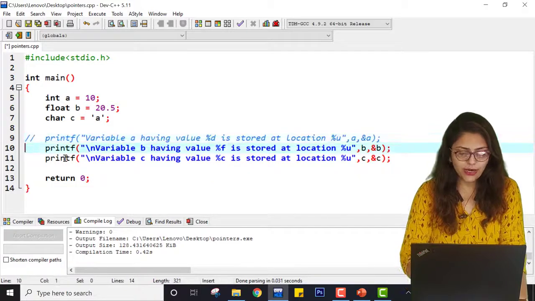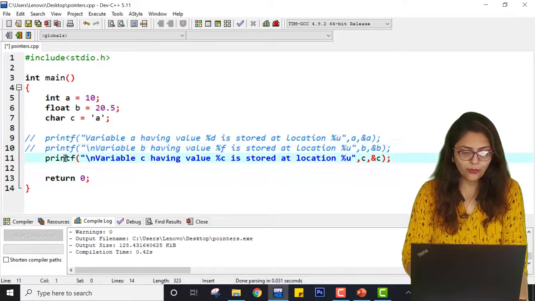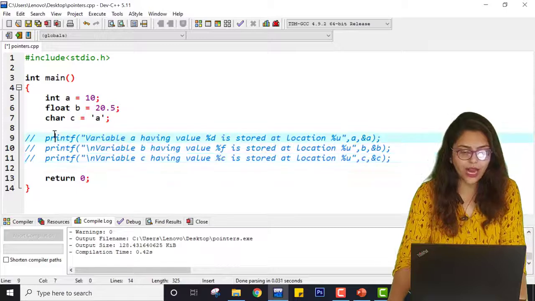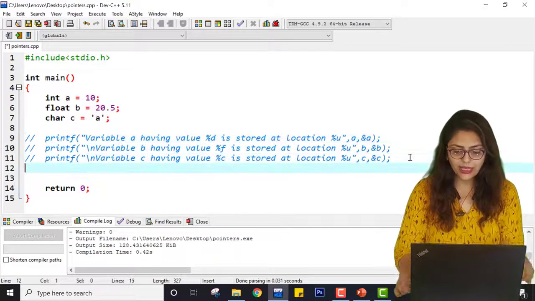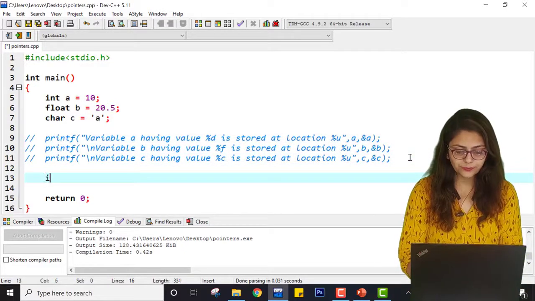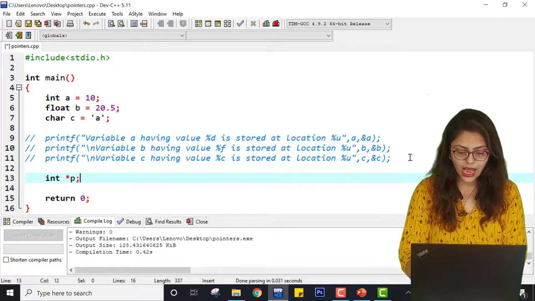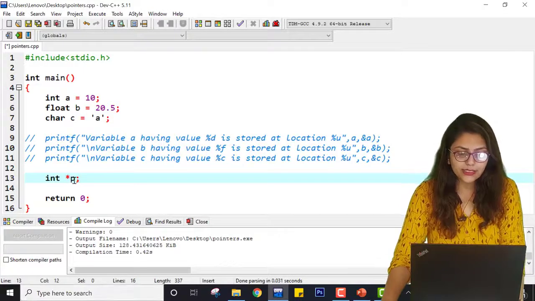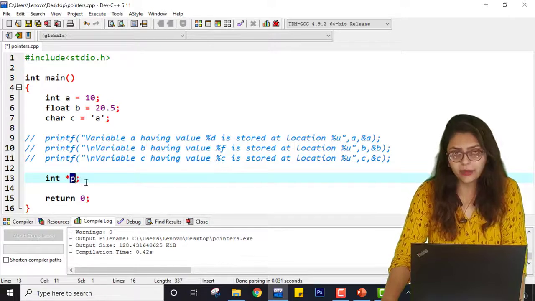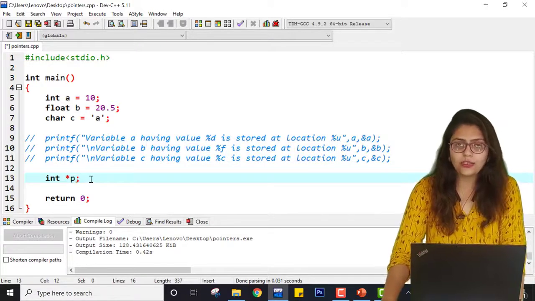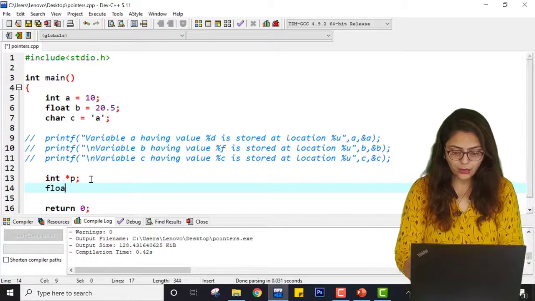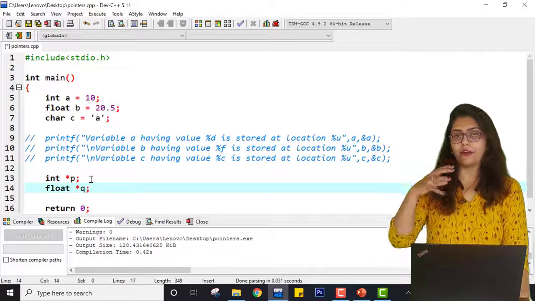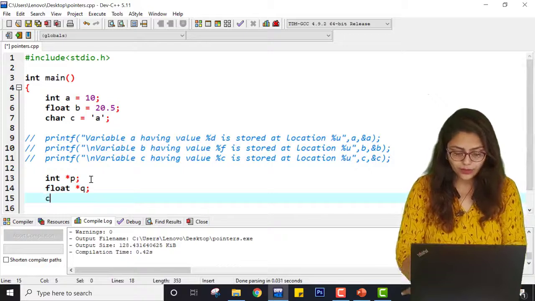Now let me comment this out and I will show you how you can use pointers for that. For that I am declaring pointers such as int *p. Why star? So that this p is not considered an ordinary variable, and my computer will know that this is a pointer. Then float *q, because q is going to point to some kind of float value, and then char *r.